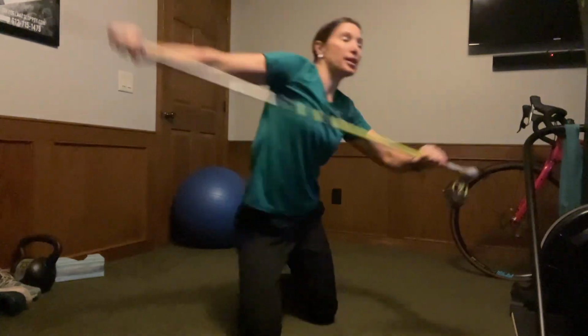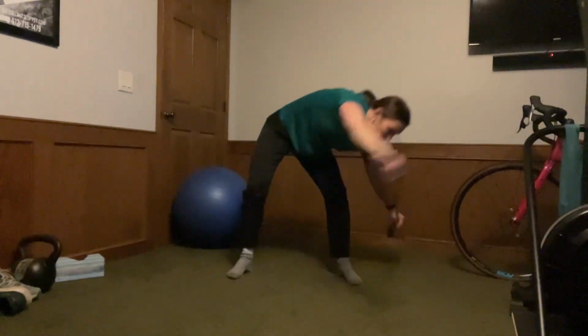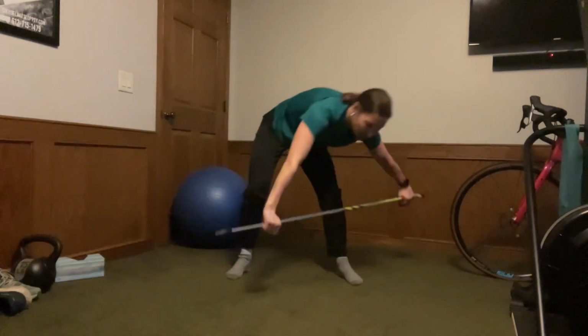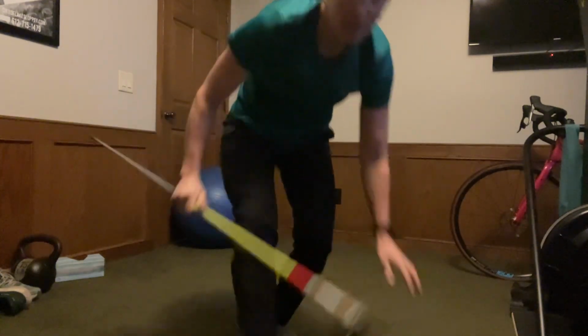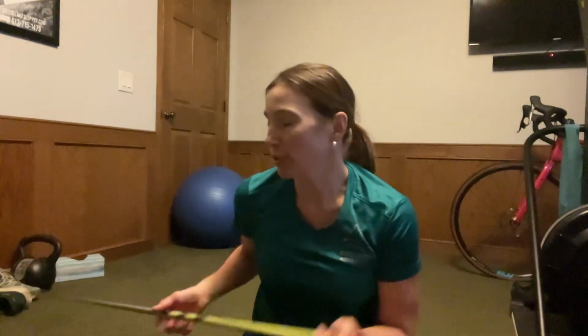And then sometimes I will actually go all the way around and then stand up all the way around. So play around with that. Ski pole is very useful for those kind of stretches. Lastly, we have